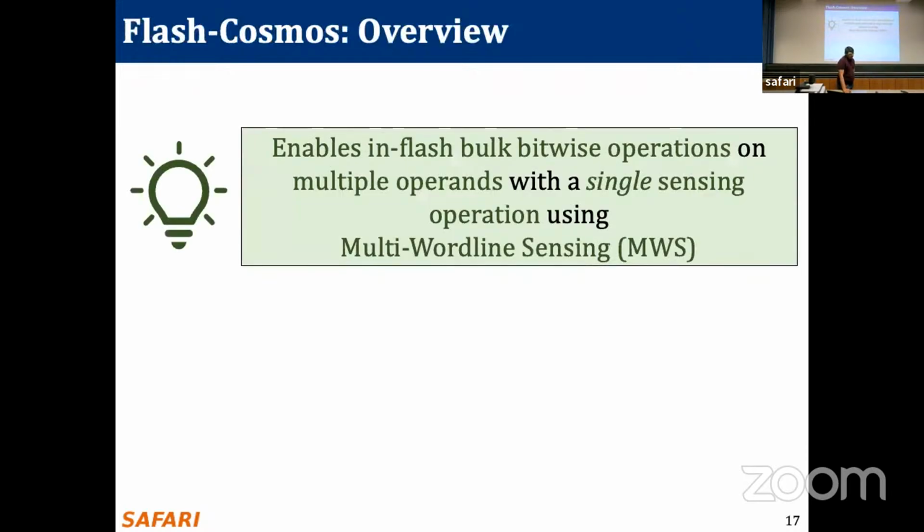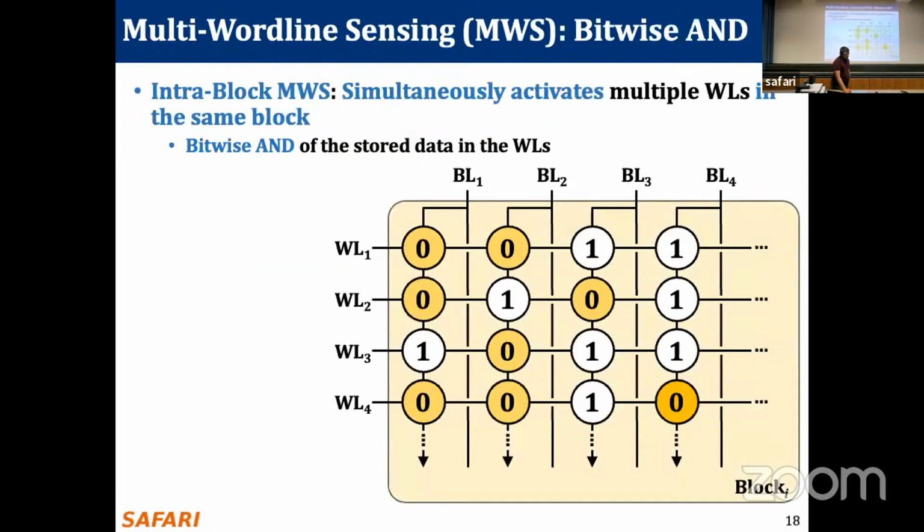So this gives us some insight into how we can perform a bitwise operation across multiple operands. So in Flash Cosmos, we enable in-flash bulk bitwise operations on multiple operands with a single sensing operation. And that is what we wanted to achieve. To do that, we introduced the multi-word line sensing operation, which has two kinds. One part is to perform bitwise AND